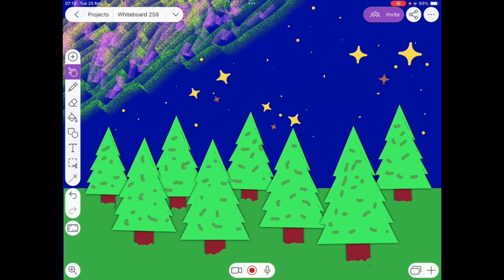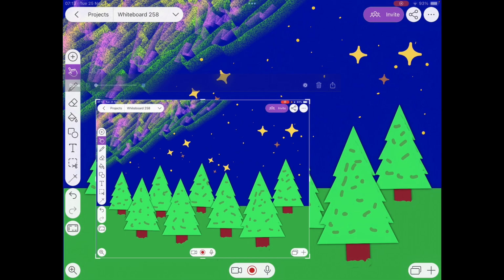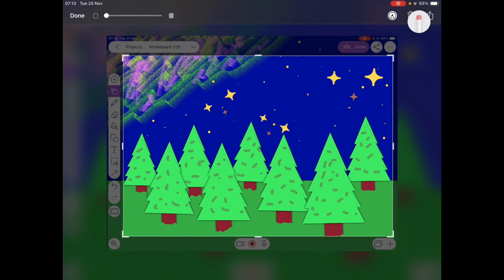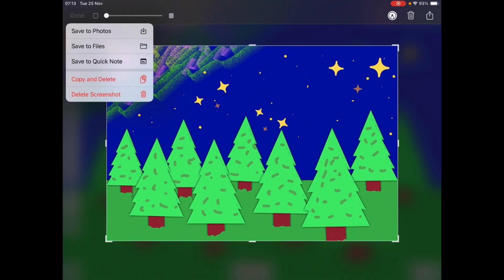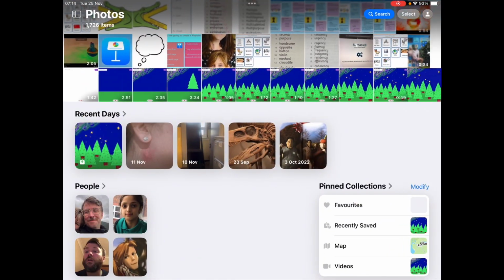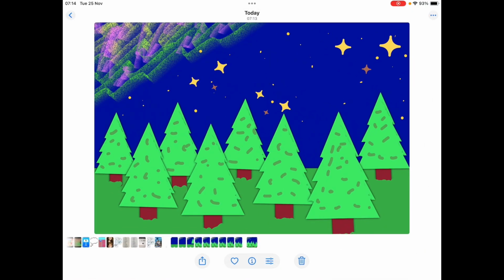Now that I'm happy with that, I'm happy with my final image, I want to have a copy of this without all my toolbars. So what I'm going to do is to take a screenshot, click on the shot that I've just taken, and then I'm going to drag this square round so that I'm cutting out all the toolbars that I can see in my Explain Everything. I'm going to press done, save that to my photos, so that now when I go to my photographs, what I have here is a copy of my night picture, which you will have